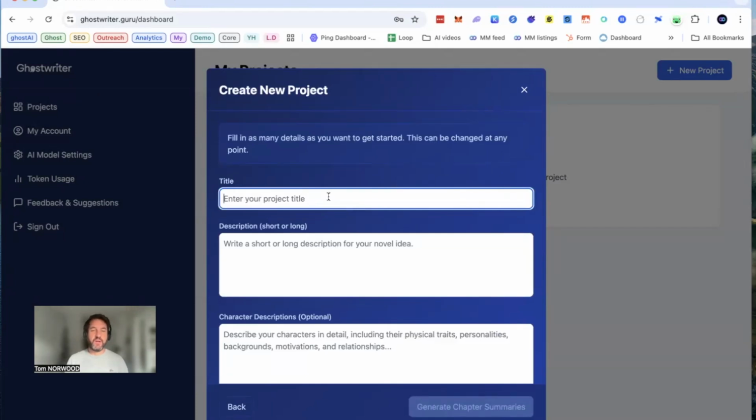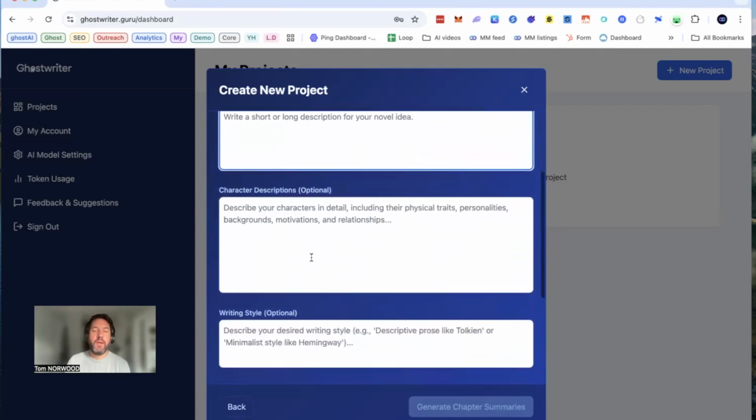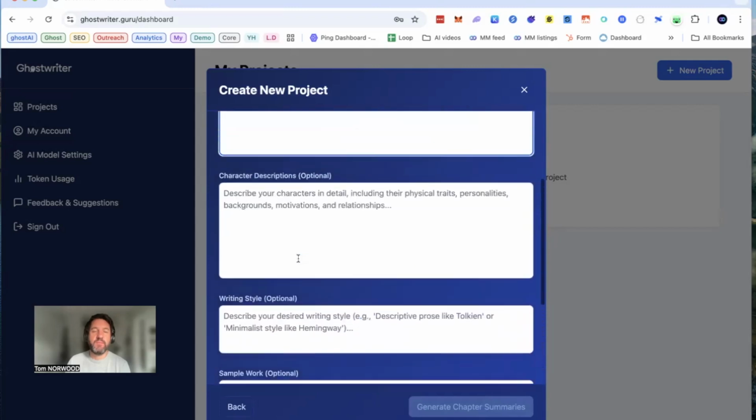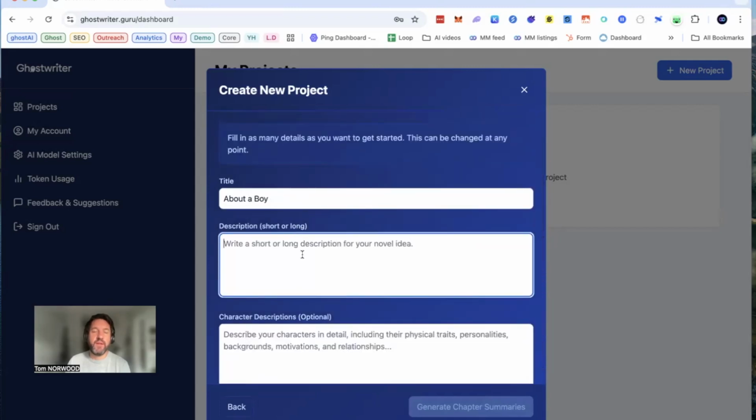And for a title, I will call it, let's see, About Boy. So you can start off, you don't need to fill in all of these to start with, but the more details you can give the AI, the better, and closer to your vision, you'll find that it is able to write. But for this example, I'm just going to keep it nice and simple. So this is about